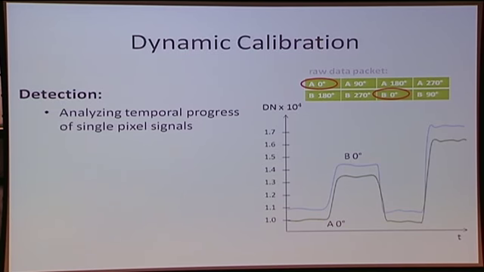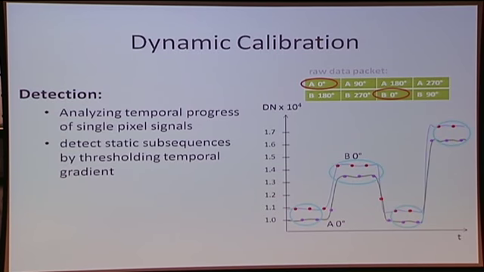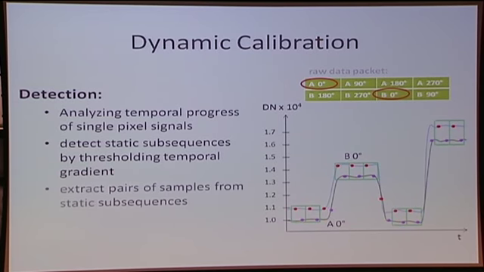So you can see that these signals are not identical because of the different systematic errors, but they are correlated somehow. And we measure this correlation. These are the samples now. We measure this correlation by detecting static subsequences of the signal, and from that we extract pairs of corresponding measurements,